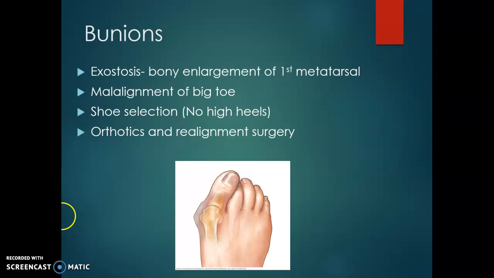Shoe selection is usually the culprit of this, so it usually happens in older people. Maybe you've been wearing tight shoes your whole life, or people that have been wearing high heels for years and years because they have a very narrow foot and then they point the toes inward, and then that causes the first metatarsal to rub against the shoe, which in turn causes the bone to grow, which starts the cycle all over again, then makes the toe point in even more. Sometimes orthotics can help this if it's a mild case, but in more severe cases like this image, you can do a realignment